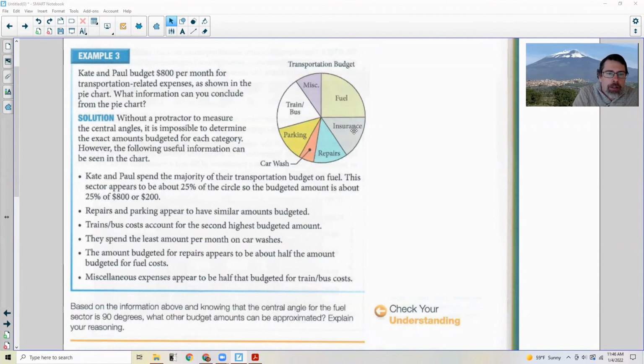Okay. The other thing I can gather is that insurance looks like about 45 degrees, or half of 90 approximately. So insurance should be about half of the fuel, or about $100 a month. By looking at this, I can see that they spent the least amount on car washing, and repairs and parking were about the same, and miscellaneous was a little less. Bus transportation and insurance was almost the same, where train bus was a little more, so a little over $100